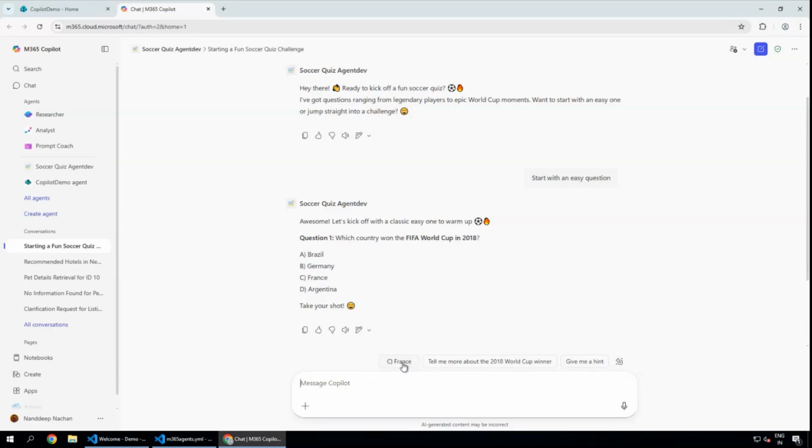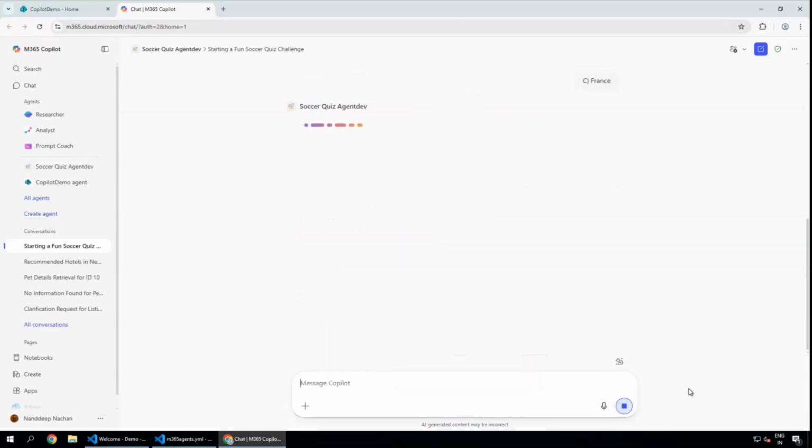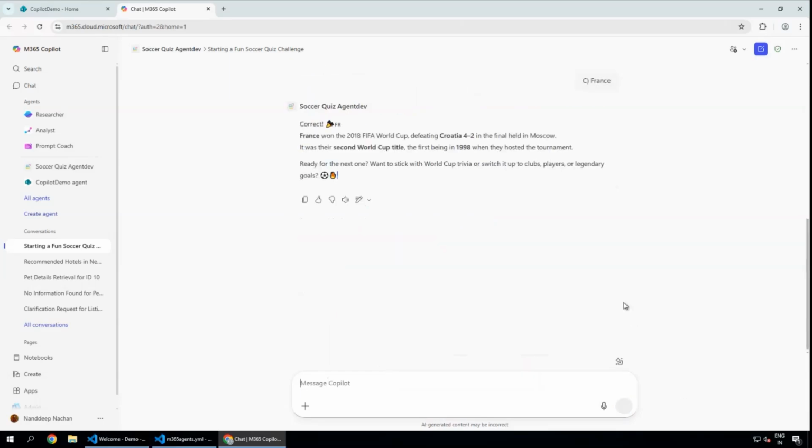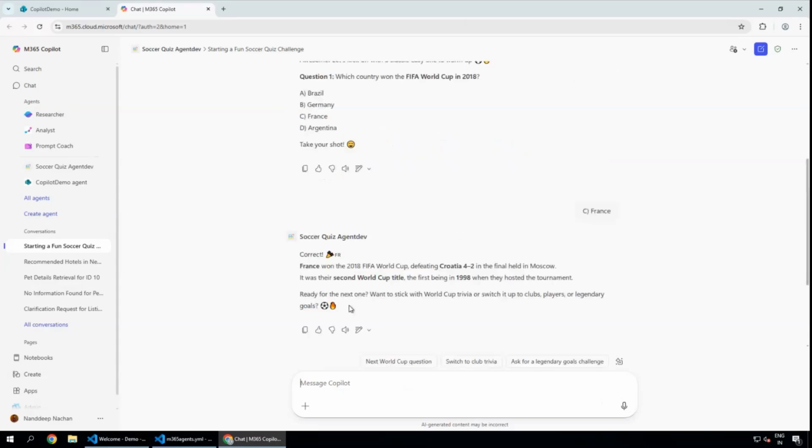Or probably even the Copilot, the agent, is using its own intelligence and it is giving the answer as C, France. So let us go with that, because even I'm not pretty sure. And you can see this is the correct answer. So what it will do is ask us if we are now ready to go for the next question and so on. Probably we'll not play this entire game, but this is an option which is available to us,